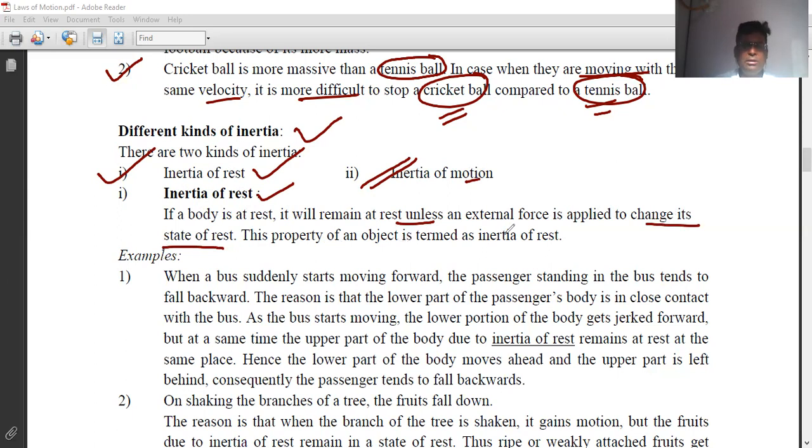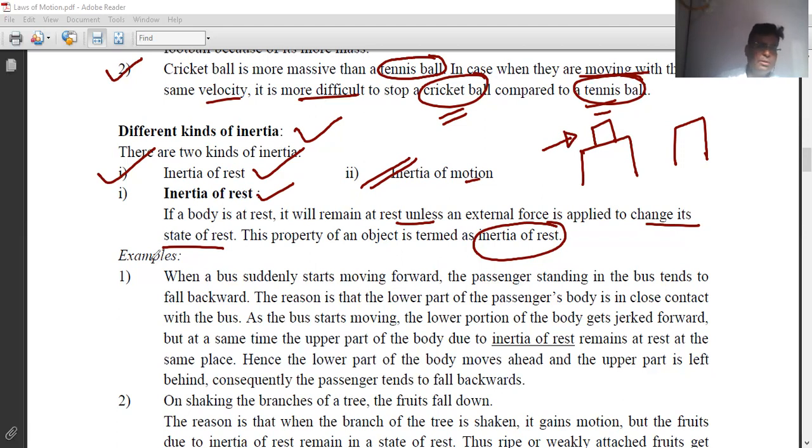That is called inertia of rest, right? Earlier I told you that suppose a book is lying on the table, it will not change its position, right? It will not come down or move to another table, unless and until an external force is applied on it. That is called inertia of rest,